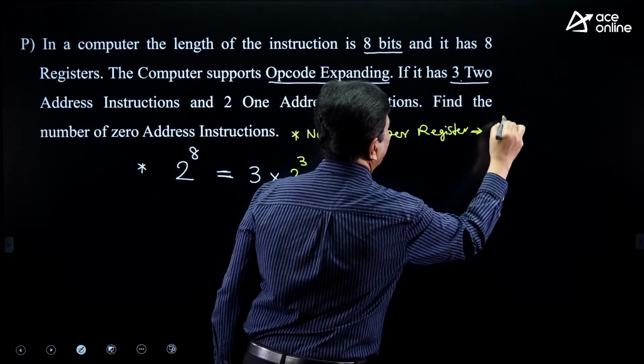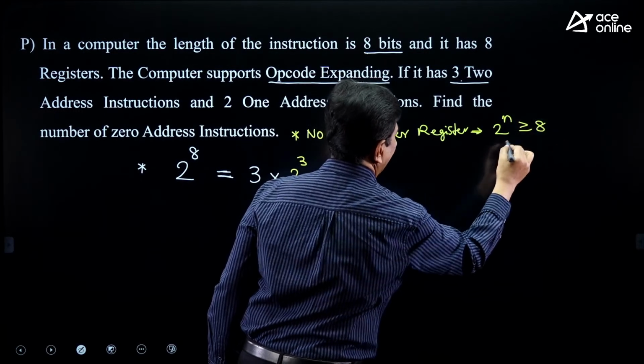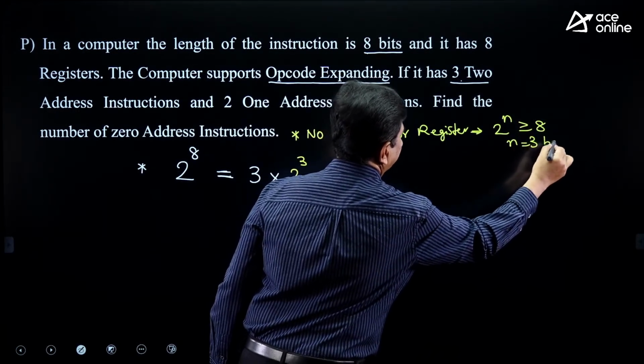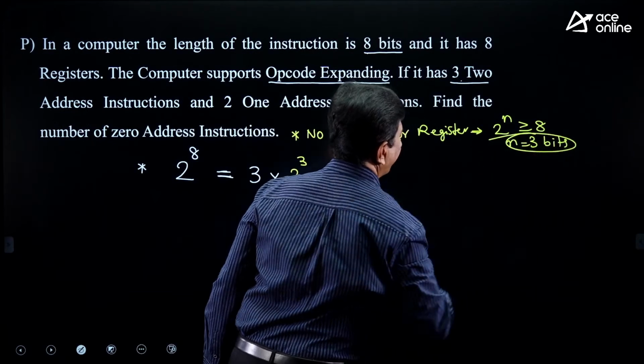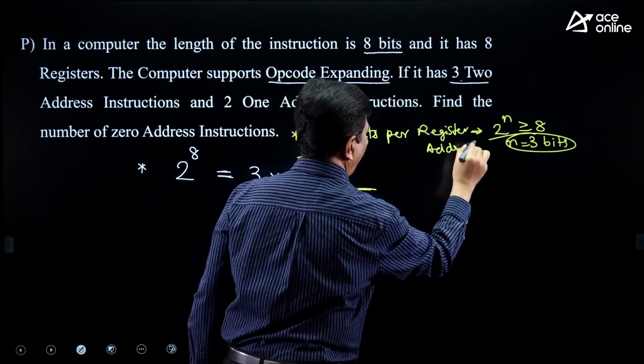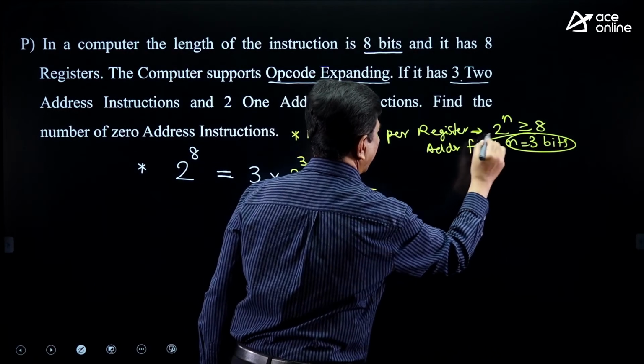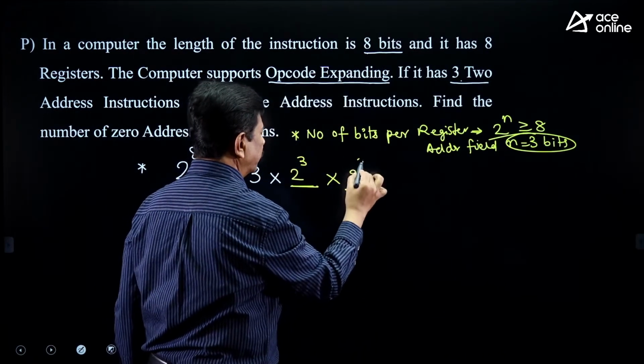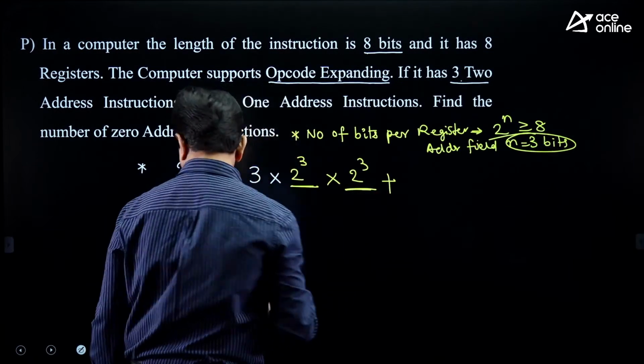2 power n should be greater than or equal to 8, that is n equal to 3 bits. So the address field is 3-bit. Yes, so 2 power 3 into 2 power 3 plus